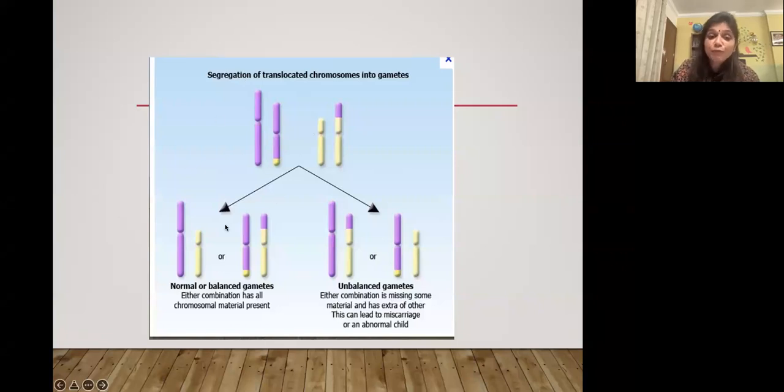However, when such a parent forms gametes, the gametes may be normal, balanced, or unbalanced. And in the unbalanced gamete, there could be either combination, that is, deletion of one particular chromosome or duplication of the other chromosome. So that is what was happening in our family here,